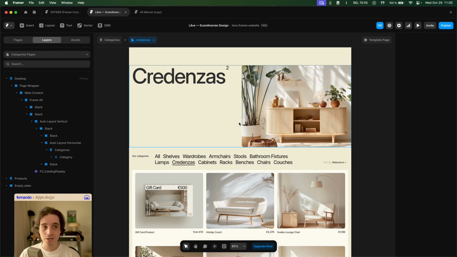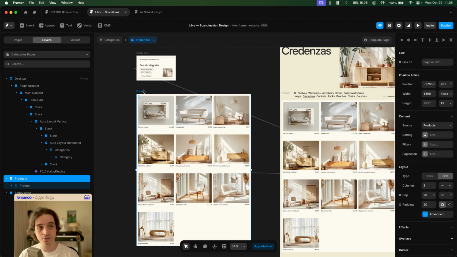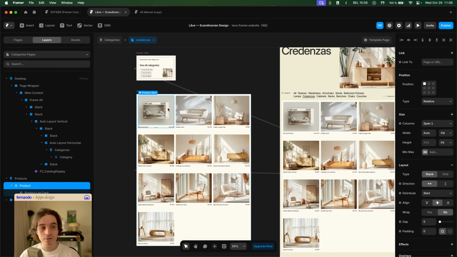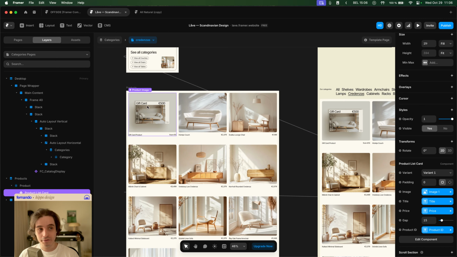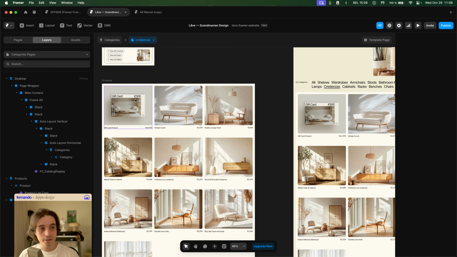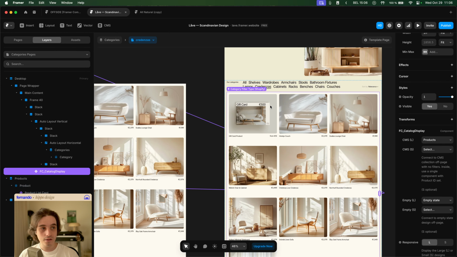So once you have that set up, you just take the catalog component, catalog display from Framer Commerce, set up your CMS collection. In this case, actually, it's a reference to a stack that has the collection. Like in this case, it's just that collection of products loaded here. And then I'm styling everything the way I wanted it to look over on this side, right? And then I'm just referencing those products without any filtering, anything like that,